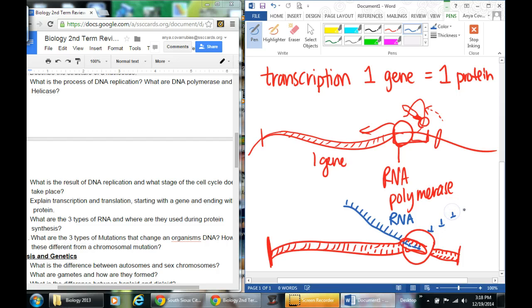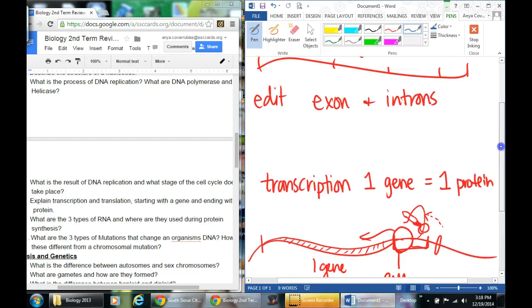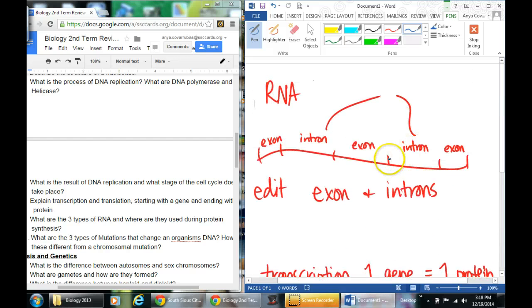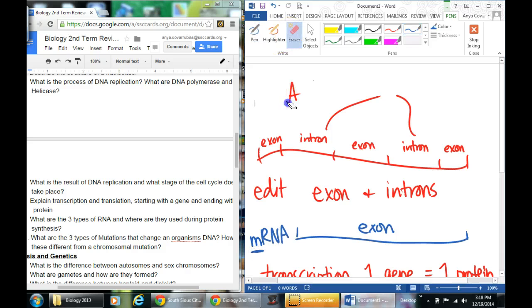And so there might be A's and T's, like this might be an A, this might be a U, C, a G, okay, because in RNA there's no T's. And those come from the introns when it's cut out. So what we're left with is just the exons, so they're all exons. It's going to shorten this, and this is going to be called our mRNA, which the M stands for messenger, and it's going to exit the nucleus. Okay,